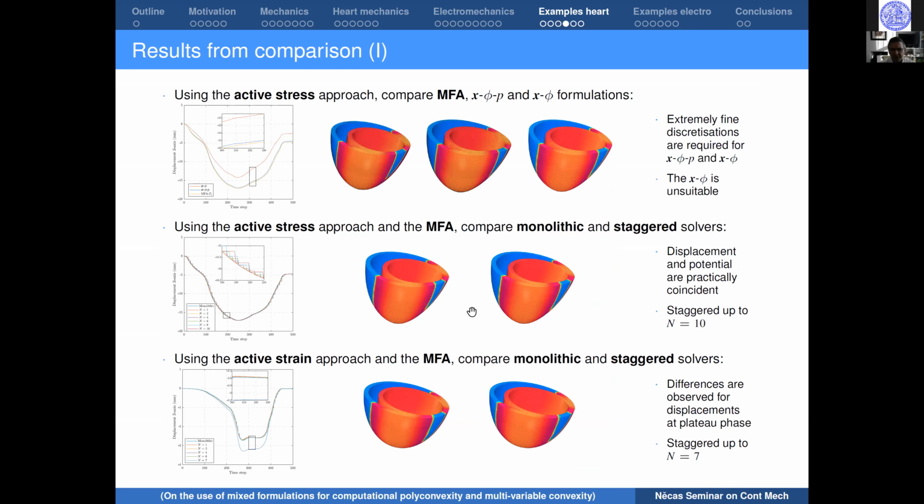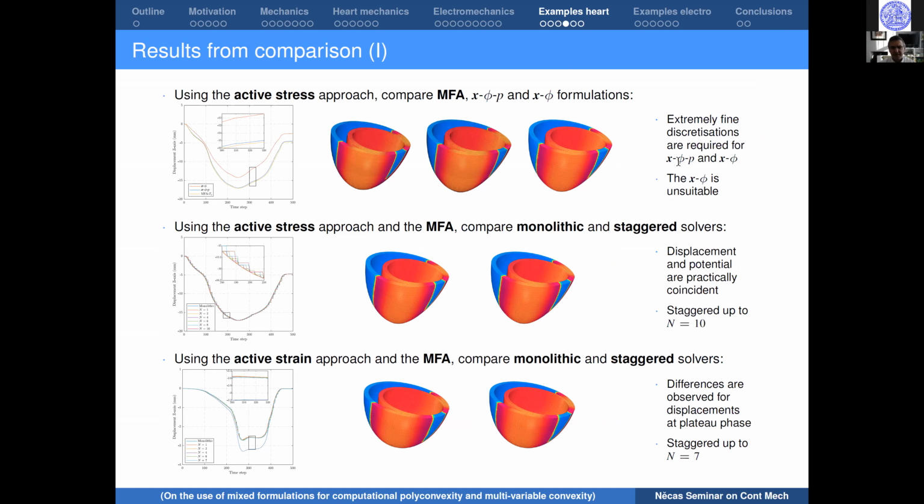We did the modeling of a ventricle, and we were comparing the different formulations, active stress, active strain, and also looking at monolithic approaches or staggered approaches. Namely, we were solving the mechanics, passing the information to the ionic model, and then coming back. And we obtained that results are fairly similar,